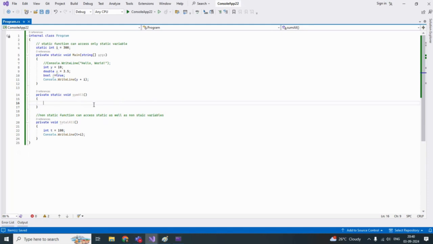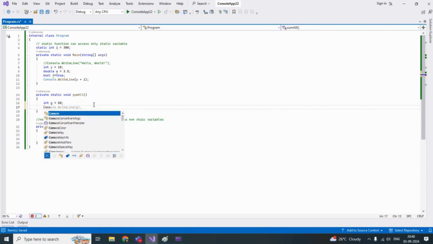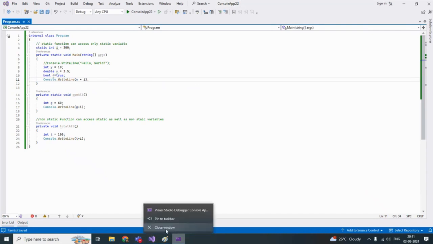If I run my code, you can say int g equal to 60, and I will say console dot write line g plus I. So it is not giving me any error because my function is static. Now, if I run my code, it will print y plus I, 10 plus I, which is 310. Okay. Now suppose if I execute my code,